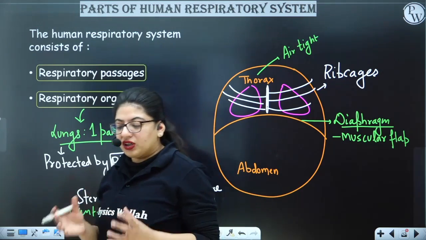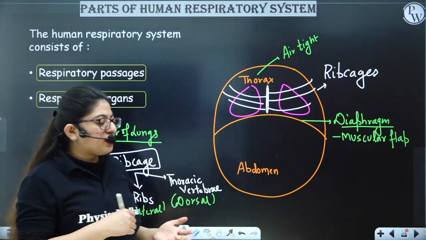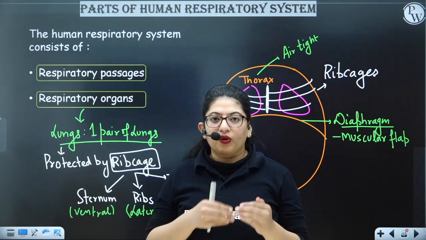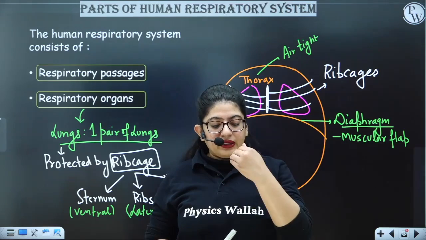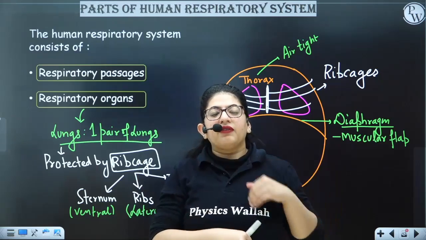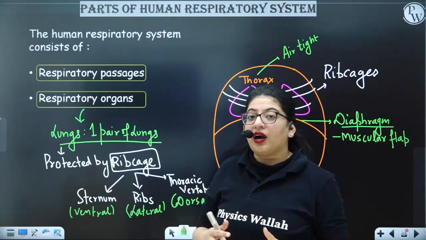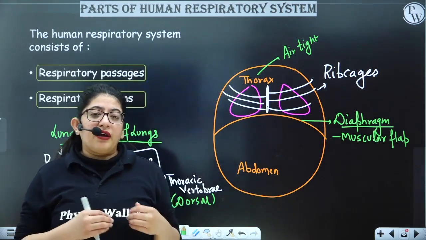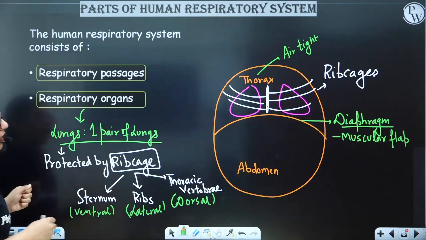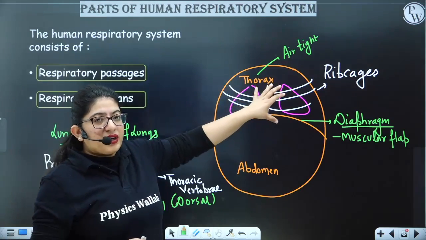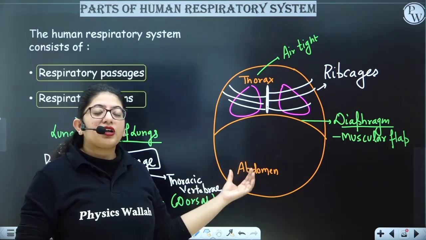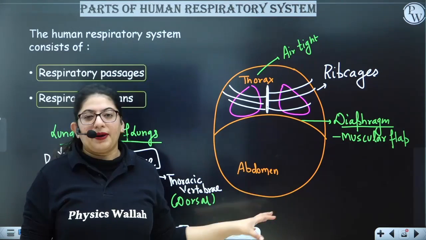And they all form the rib cage. It's a cage-like structure in which the lungs are present. If the doctor has to perform open heart surgery or operate on the lung, first of all, they will cut your sternum and then move apart the rib cage and go inside, if it is a major surgery. Every time you have to go inside these organs, you first have to open the rib cage. So this airtight chamber is the thorax, where the lungs are present, and in the abdomen all your visceral organs are present, like your stomach and intestine.